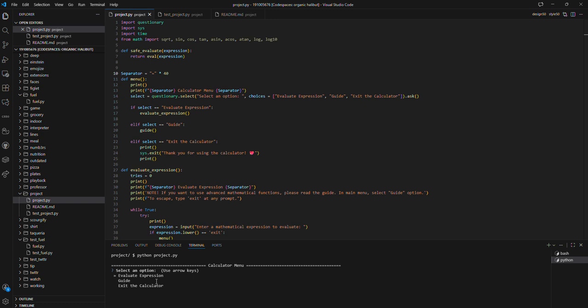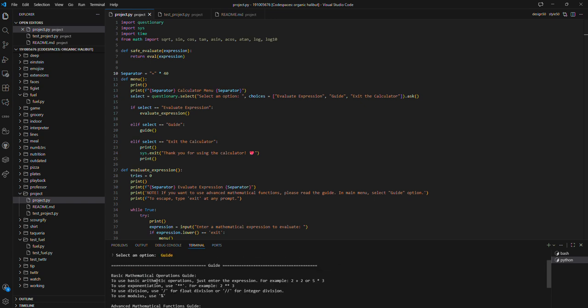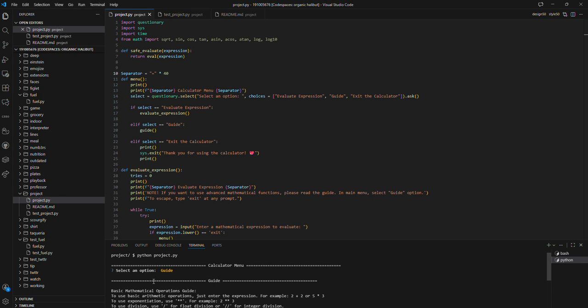If the user has a problem with an operation, he can read a manual. It's located in the guide option. This calculator can do basic arithmetic operations such as addition, subtraction, multiplication, division, integer division, and exponentiation.